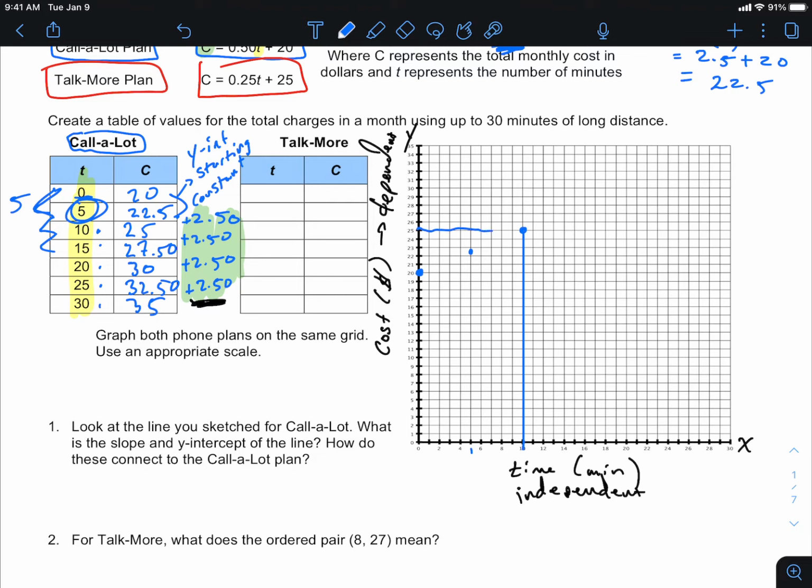Right? This is how you plot points, right? And you go to the next one. You say, okay, 15. 15's right here. I got to go all the way up to 27.5. That looks like right here. Okay, you could keep going. I think we kind of get the idea. I can connect these now and say, here we go. Right? There's the graph that represents